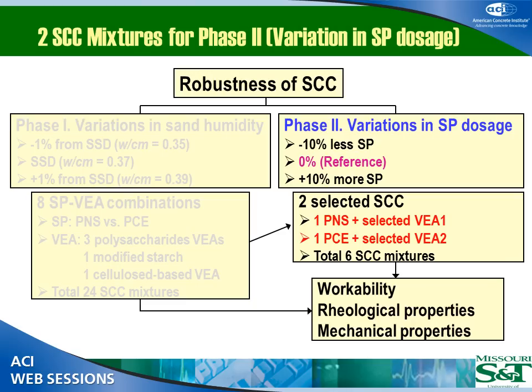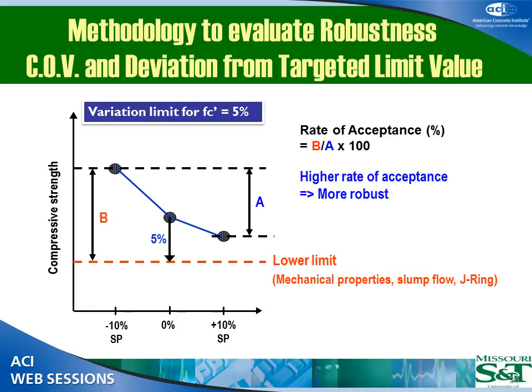And this was done, among others, to also look at the methodology. Let's see. So we looked at 2 mixtures, PNS and polycarboxylate, and we did the coefficient of variation that I showed you before, but also we looked at another approach, and that's the approach where we measure the compressive strengths at the surface saturated dry at the right dosage, and we measure it, for example, this is an example of compressive strengths at early age, 7 days, with more super and less super, and we determine what is the strength. But to look at the robustness, we had also to come up with what would be the minimum target for a strength